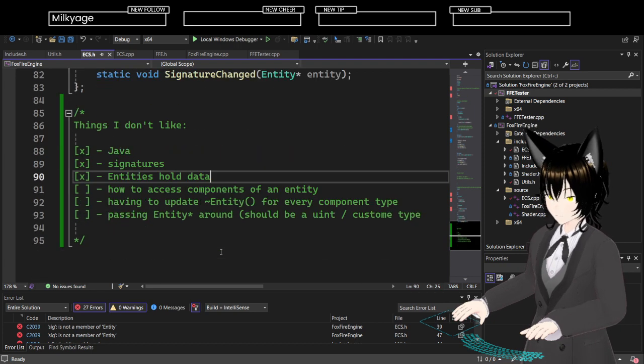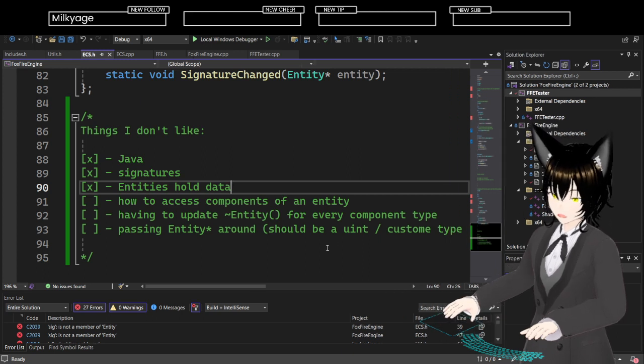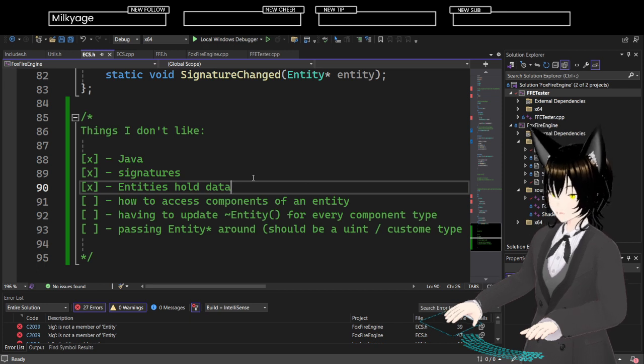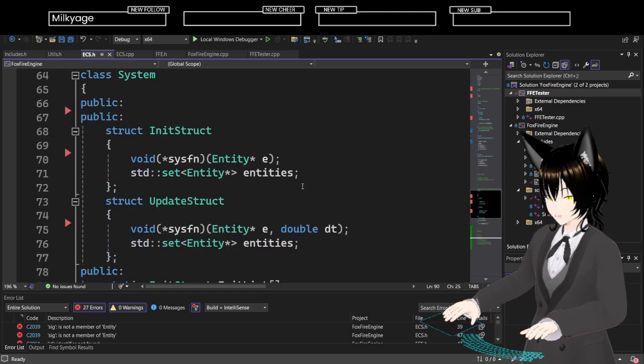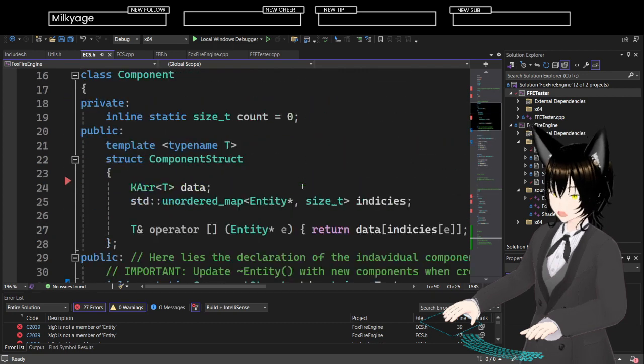That should be good. Maybe a little bit bigger. Let me move this over a little bit. Good, glad to hear it. So yeah, there's some things I don't like about how the current entity component system works. It's just going to give a bunch of headaches later on. So I'm working towards fixing all of that stuff.